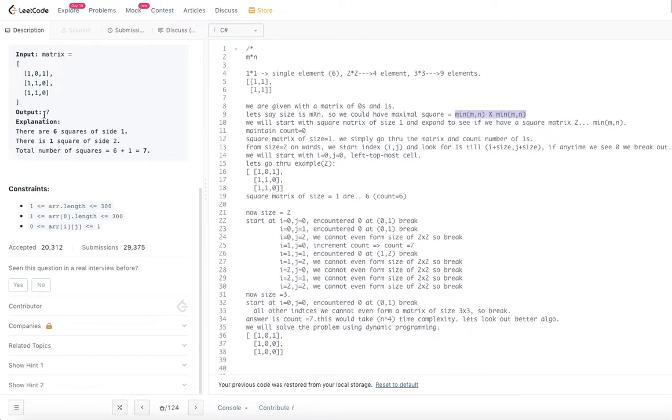We encountered 0 at 0, 1, so we break. We don't have to see anything. In the 3 by 3 matrix, if even one thing is non-1, or if one thing is 0, we can just exit out. So the total count of square submatrices is 7. That's the answer we are looking for. So this is how we will be doing it